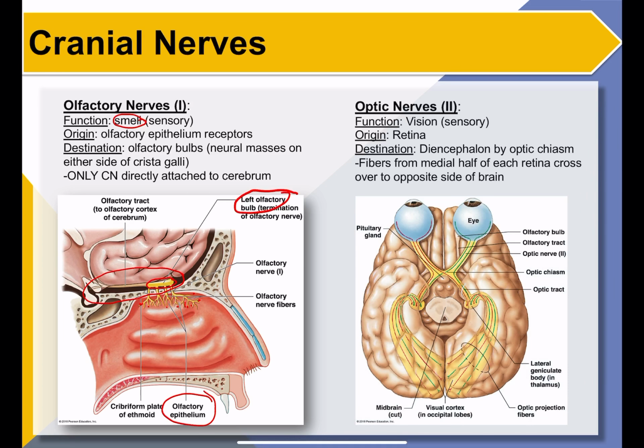Cranial nerve 2 is the optic nerve, which is for vision, and also a sensory type of cranial nerve. The origin comes from the retina. So the retina is in the back of the eyes, and we'll talk about that in chapter 17, how there are different neurons that collect together in the form of an optic nerve that comes back towards the thalamus within what's called the optic chiasm, which then sends the information towards opposite sides of the brain in the occipital lobe, the visual cortex